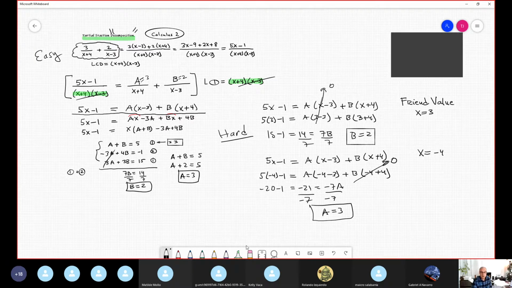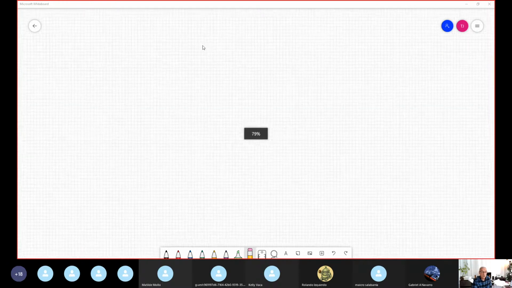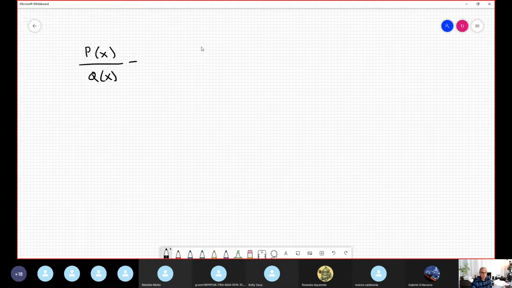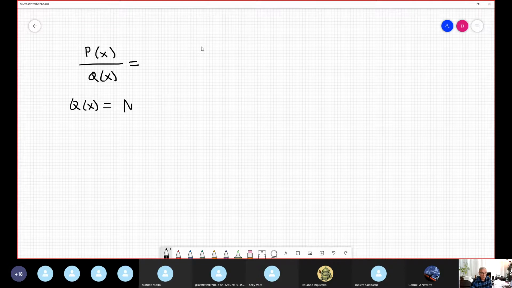This is the moment now to explain the 4 cases in which you face partial fraction decomposition. You have a rational function P of x over Q of x. Now, for example, if Q of x has several non-repeated linear factors,